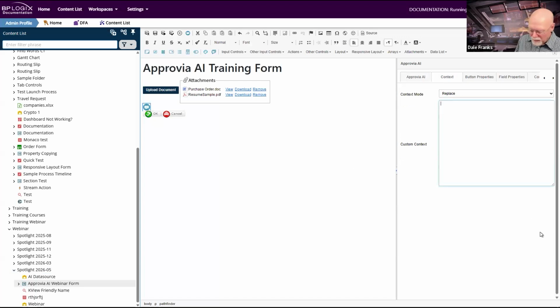For example, when creating a document summary, and I still misspelled it. When creating a document summary, ensure the summary includes only brief bullet points.